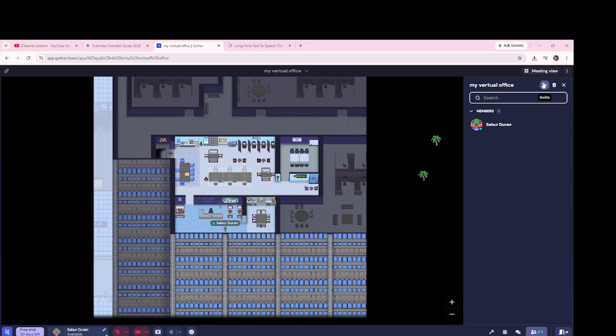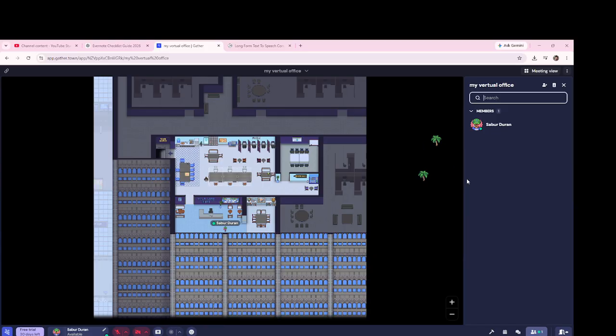Now let's look at the bottom of the screen. Here you can see the microphone and camera controls. You can turn your microphone and camera on or off whenever you need during your meetings. You'll also find the Raise Hand button, which is useful when you want to get someone's attention during a discussion. Next to that is the Status button, where you can set an emoji or status to let your teammates know